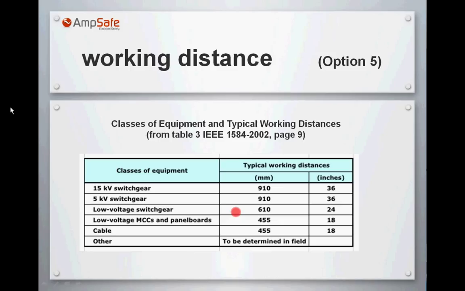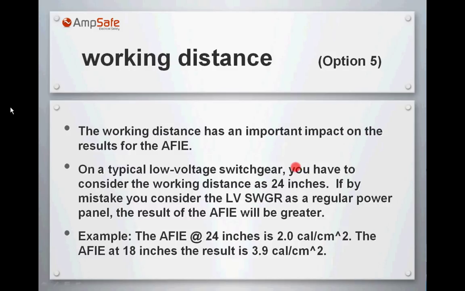If by mistake you consider the low voltage switchgear as a regular power panel, like a low voltage switchboard, even though they look so similar, the result of the arc flash incident energy will be greater. So you're going to be on the safer side because it's going to be greater. The arc flash incident energy at 24 inches for a switchgear is 2. The arc flash incident energy at 18 inches, which is for a switchboard, is 3.9. So it's higher. But at the same time, this is very close to jumping